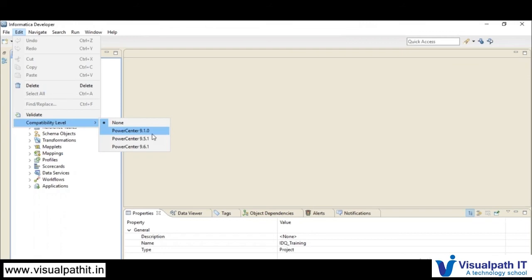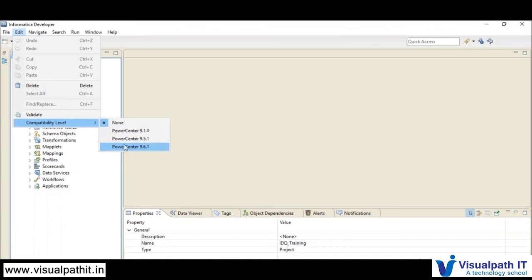At that time, a few projects will opt for only an IDQ upgrade, not a Power Center upgrade. So Power Center will stay on the 961 version, and your IDQ version will be upgraded to 10.1. Whenever you use that IDQ code in your Power Center, compatibility is maintained. So Informatica maintains the latest 3 versions as compatible with IDQ.